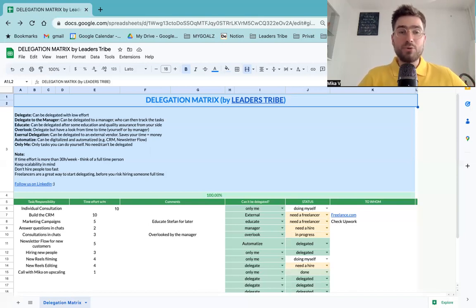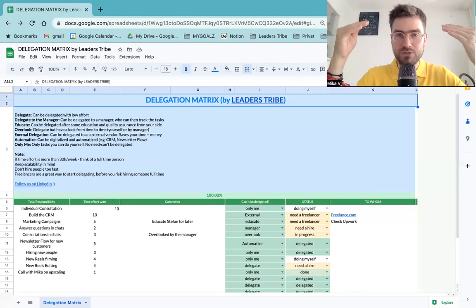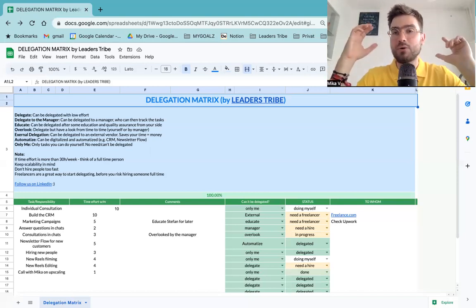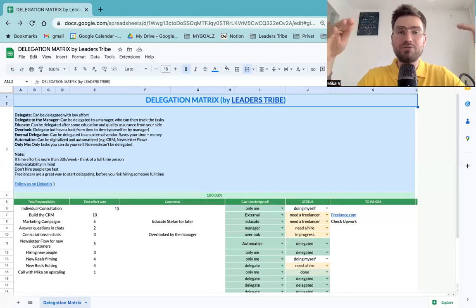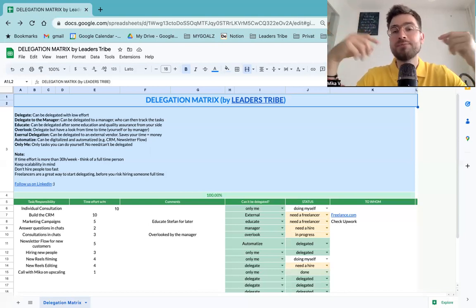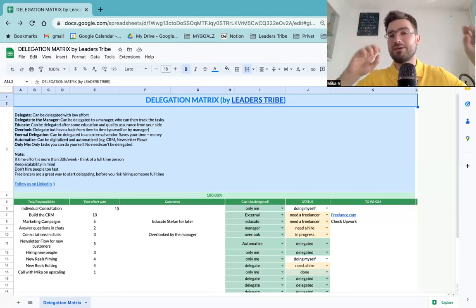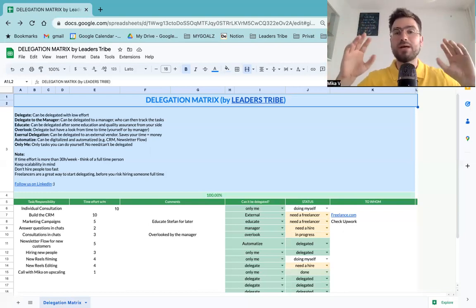External delegation is a very cool one. It means that something can be delegated to an external vendor, which saves your time, and your time as a CEO is one of the most valuable resources that you have in the company, right? So if you're not having qualified people on your team for this specific task, for example, building a website is something that is very often delegated externally. You're just paying money, a couple of $1,000, and the person who is really professional in it is taking it forward, building the website, and gives it to you. Then they're doing some maintenance from time to time, but you have the website.